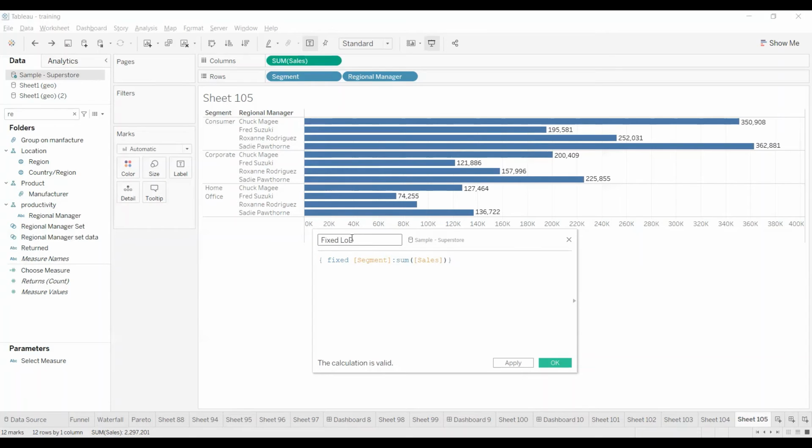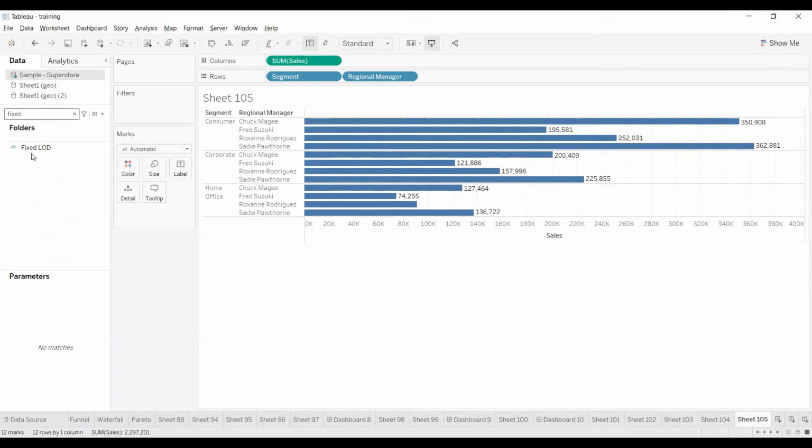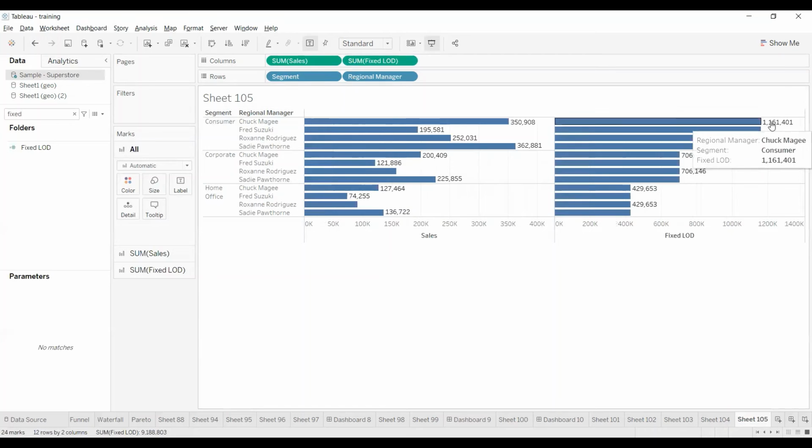Okay. Now I got the fixed LOD calculation field. Click on OK. Drag and drop this fixed LOD beside the sum of sales. So what you are achieving for consumer is each manager wise sales and overall sales.